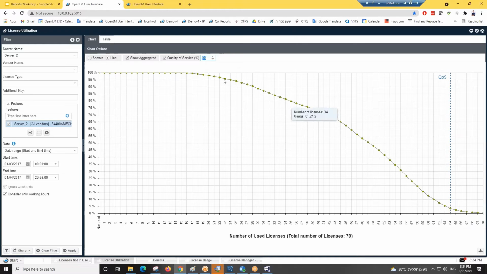Now, how does it calculate that? You want 95, it basically does the 100 minus 95, and it's 3.56%. This is the closest you can go without going over, as you see. And it tells us you need 64 licenses in this case. So in order to give our users 95% quality of service, probability of them getting a license 95, we need